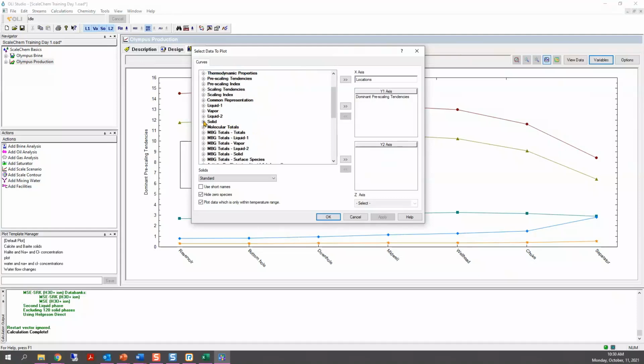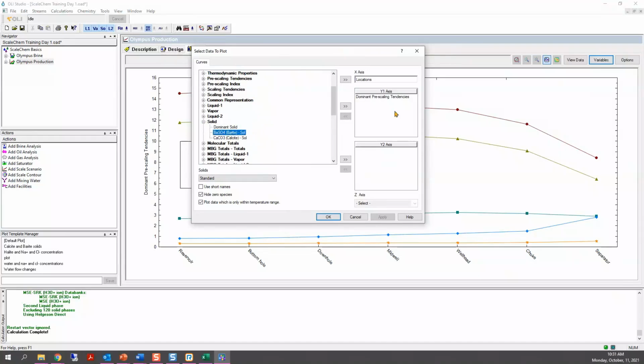So I'll select solid. I expand that category, and the software has predicted that 2 solids precipitate out, barite and calcite. Okay, so we'll select these 2.